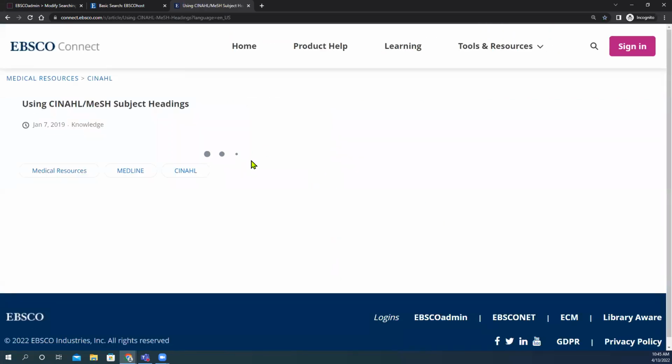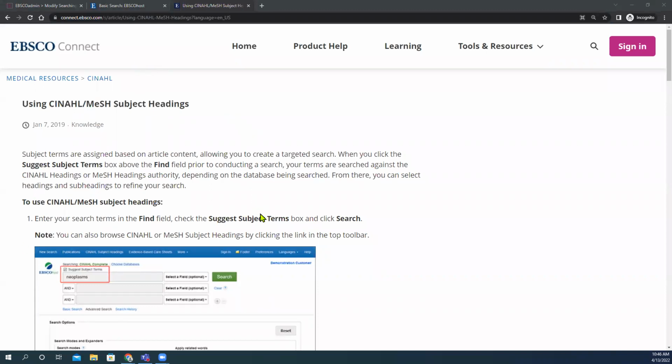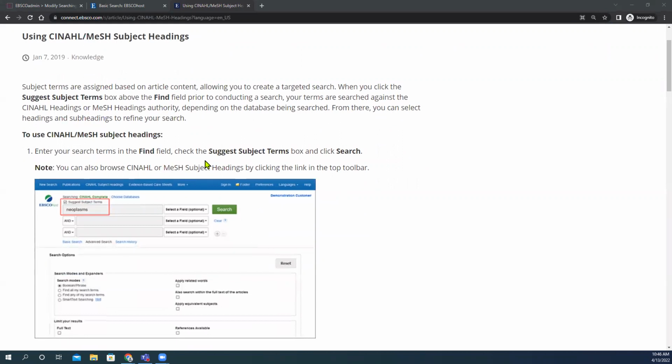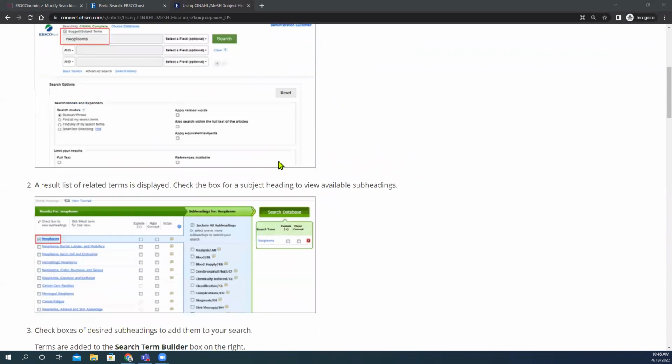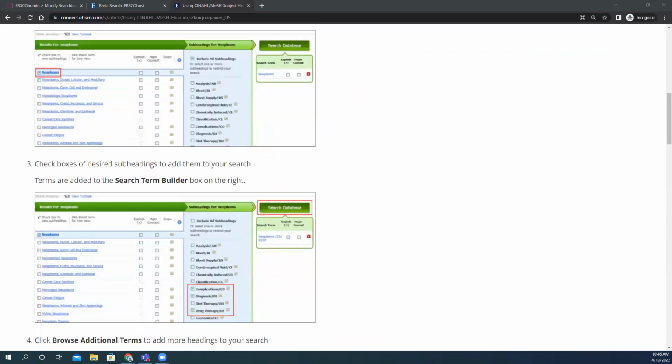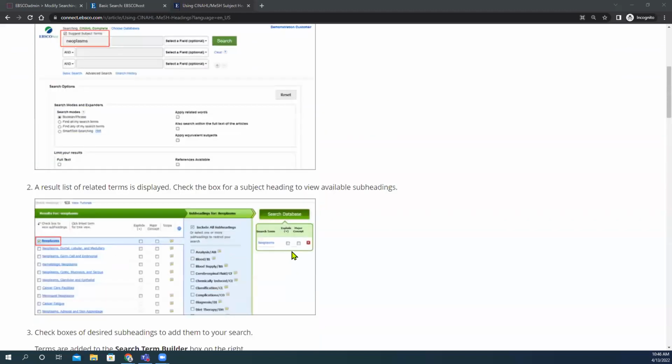And what I will do is copy and paste this article to you, and we can take a look at the subject terms. So the subject terms will be specific, I'm pretty sure, for CINAHL. But as it relates to CINAHL headings, I'm not sure. You may be able to find this information, but I've just placed the article in the chat,